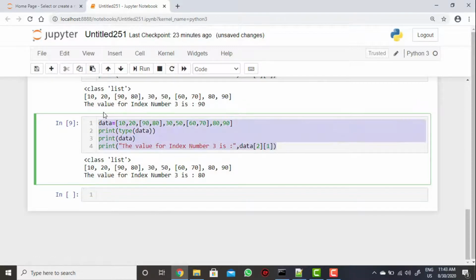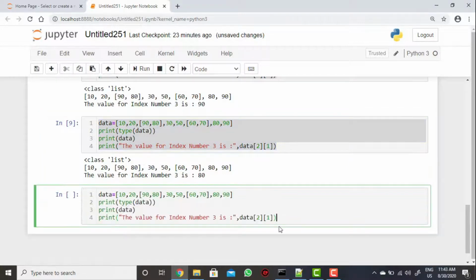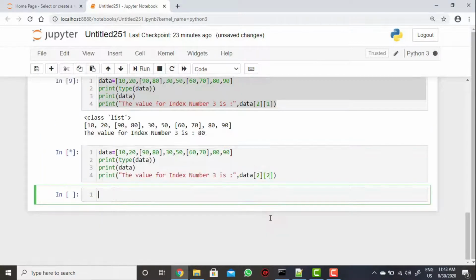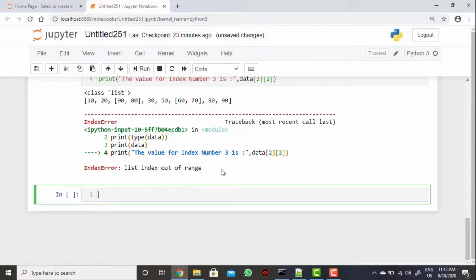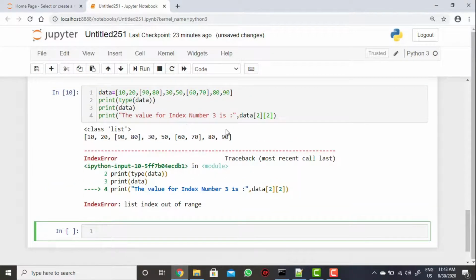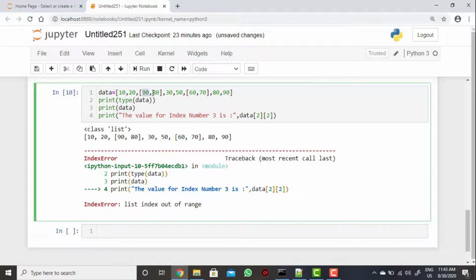So unfortunately, if we use 2 comma 2 here, then it will be list index out of range. That means inside there is only 0 and 1, there is no 2. The second index is absolutely fine, but index 2 is not available for 90 80, which has 0, 1 only, not 2.